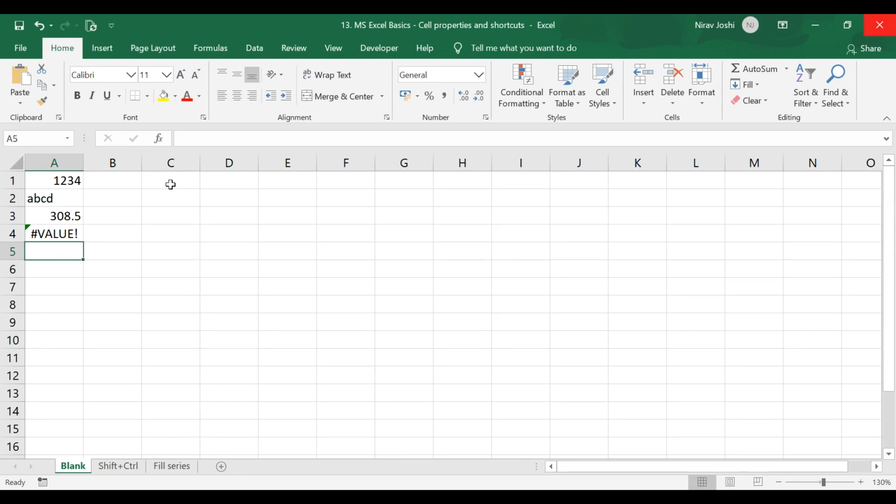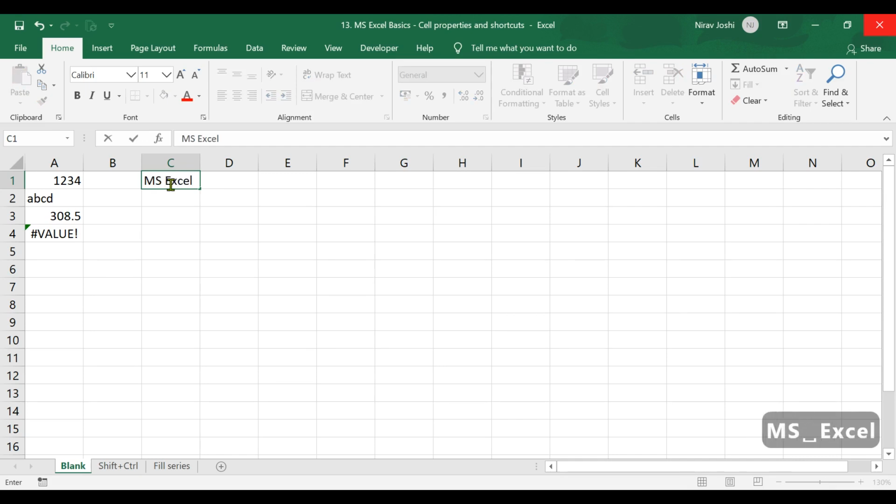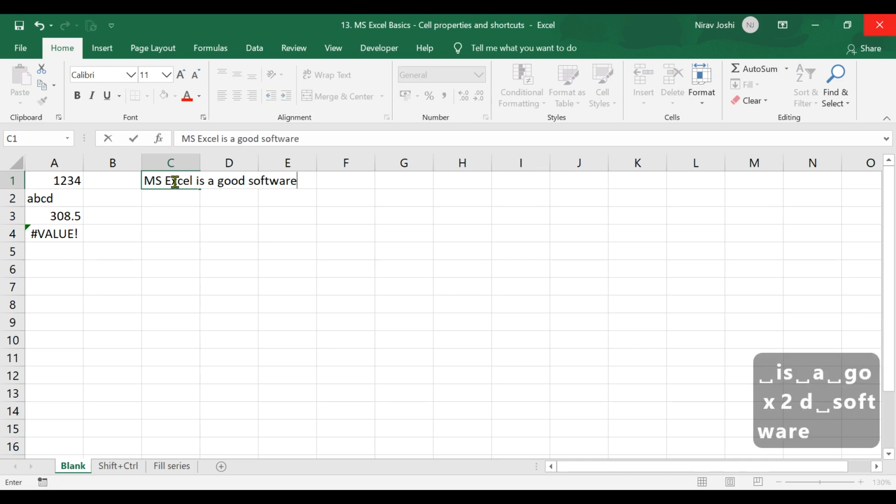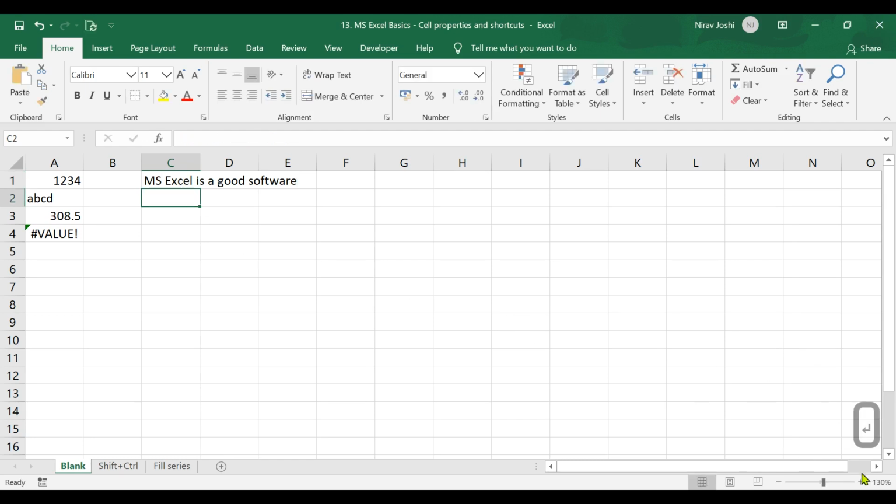Now if you want to enter new data in a cell, suppose this is our active cell and we want to enter some data like this: Microsoft Excel is a good software. One more thing, you will be seeing some flash cards here like this.